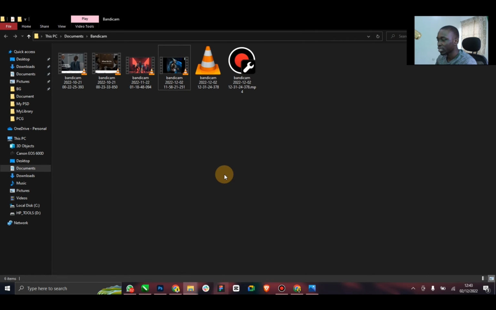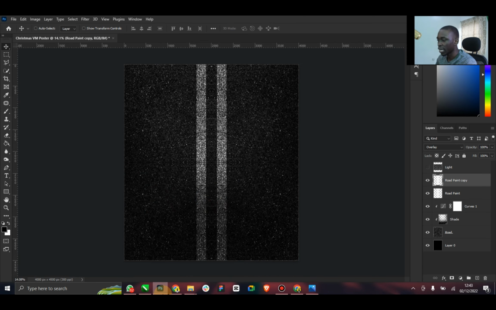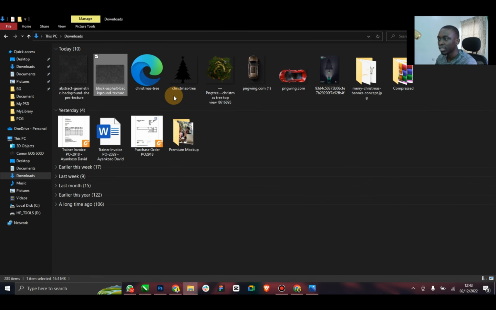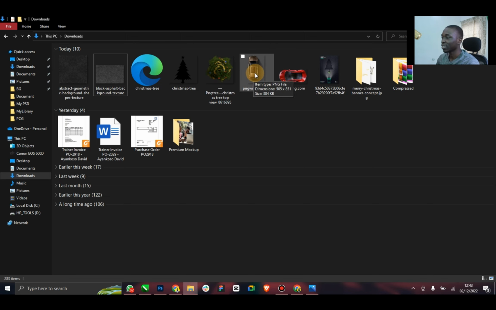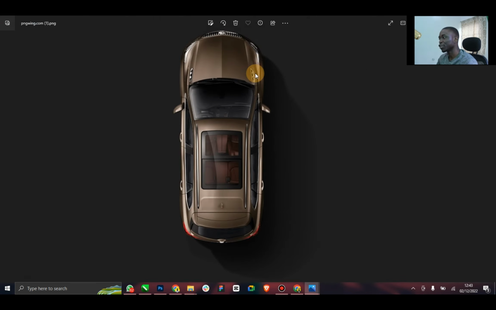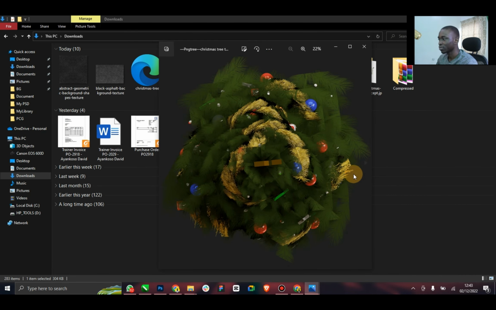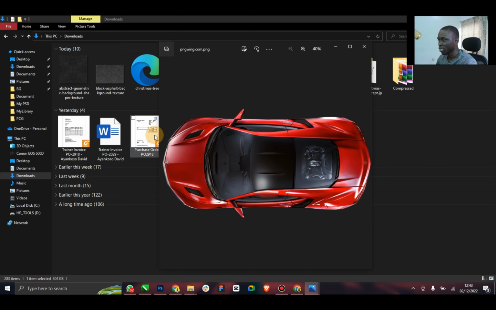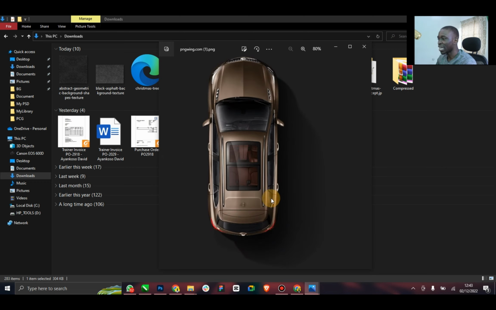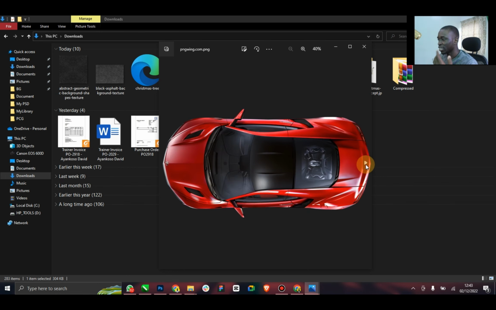So I downloaded the car from PNG Wing. Now I downloaded 2 cars. I was not really sure which one to use, either this or this. But because this has shadow, it has given me less stress. I don't need to stress myself. So it has shadow, this does not have shadow, but